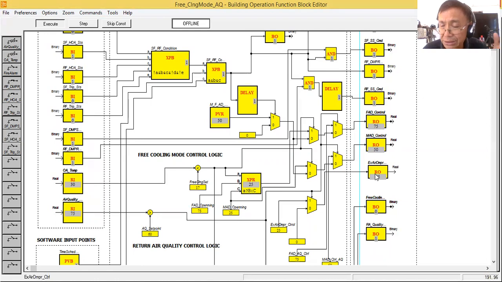Then my exhaust air damper opens at 25%. So I want to vent out some of the return air and allow more fresh air, so that the foul air will be vented out and more fresh air will be supplied to the area. That is the response of the dampers in the scenario of free cooling mode and poor air quality. Now, again, as I said, this control logic program is just a basis for new engineers and new mechanical engineers who are in charge of doing the control logic program.